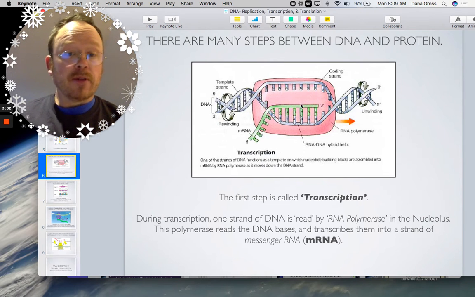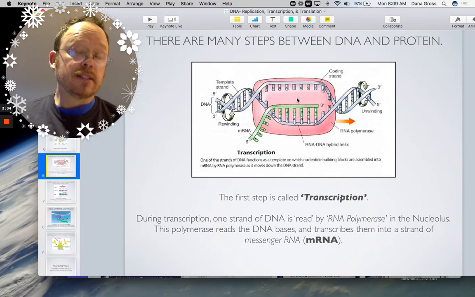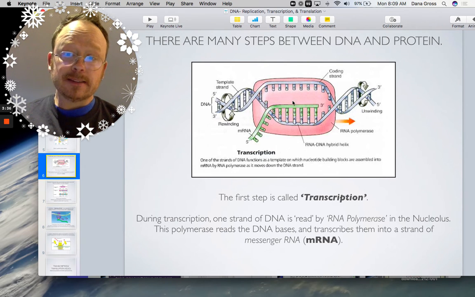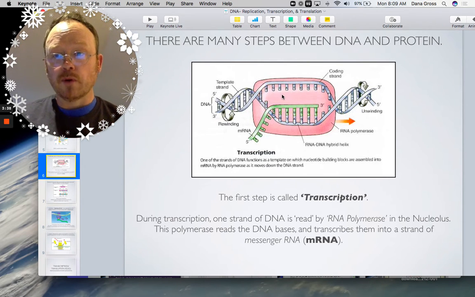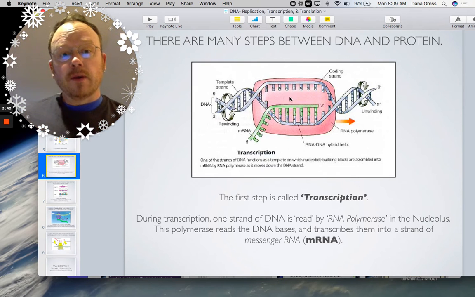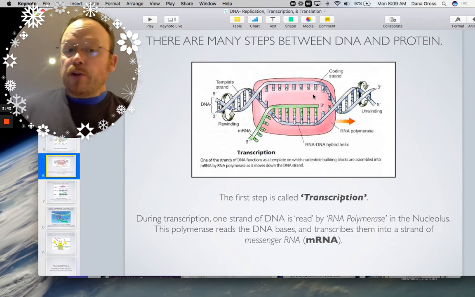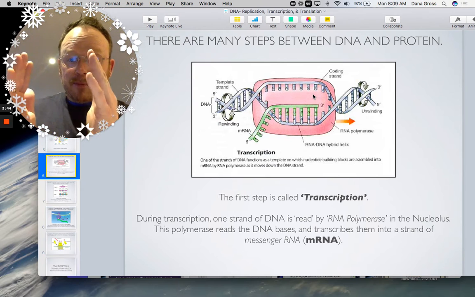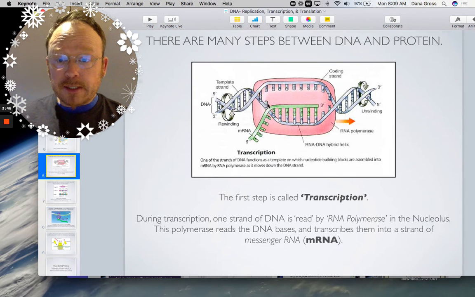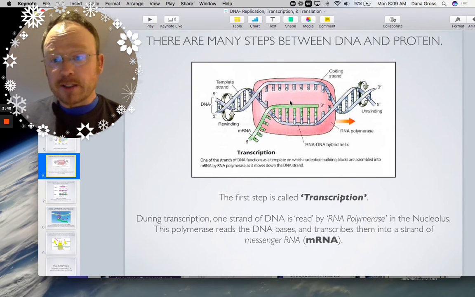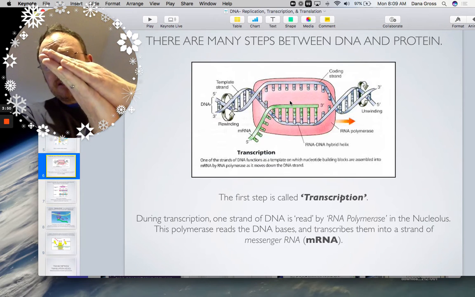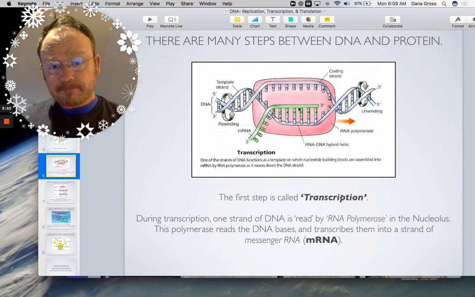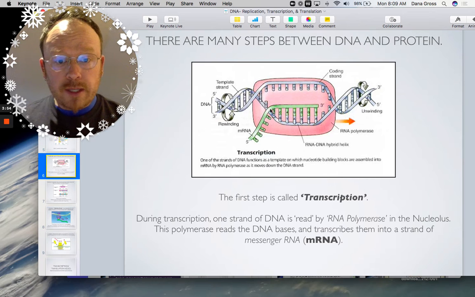You may remember that hydrogen bonds exist between the bases. That was something we explored last week. Those bonds are fairly weak, so they're easily broken apart, okay? So this protein, RNA polymerase it's called, comes along, splits the double helix apart,